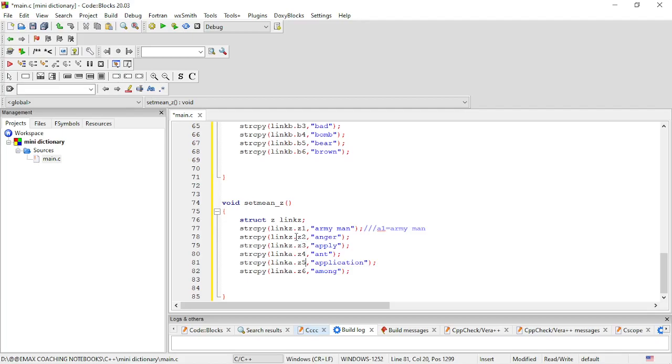Okay, and then what we are going to do here, we have to change the link, that is link Z will be here. Okay, and then I am going to assign some specific meanings to all these members of the structure Z. So I am taking zebra. Okay, and then zoom, and then J, Jubair. Okay, jelly,